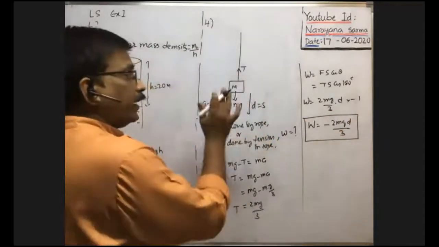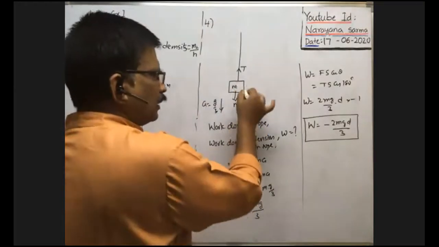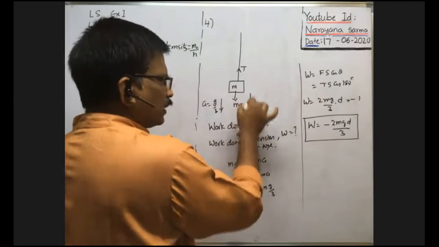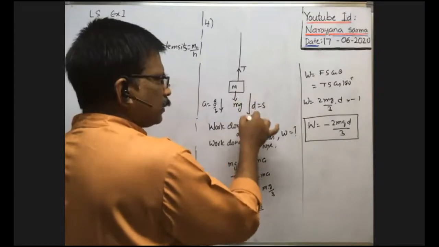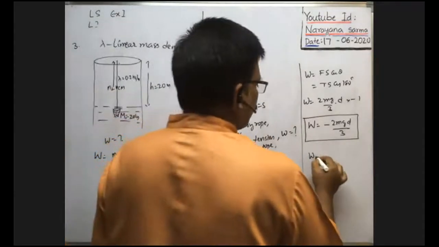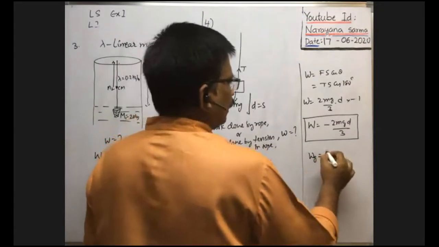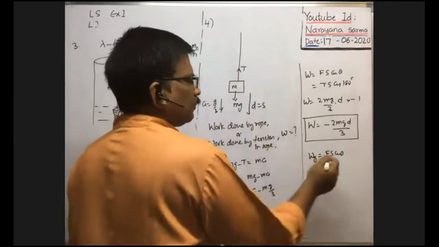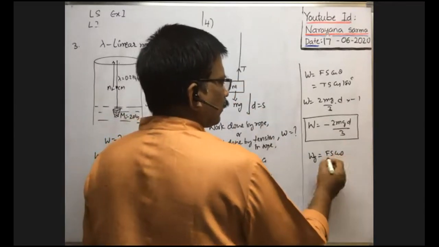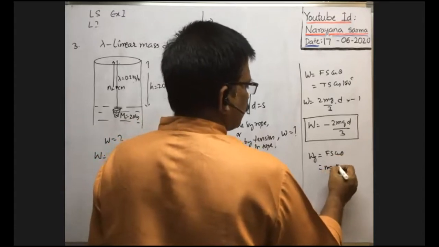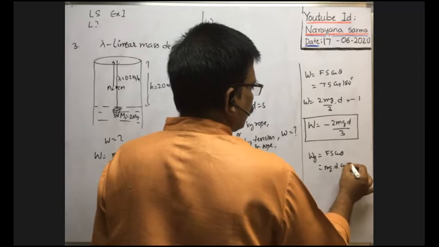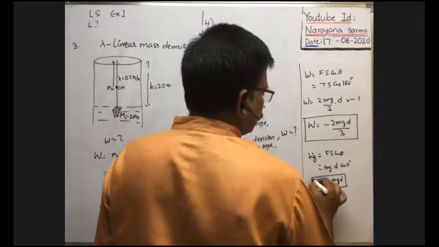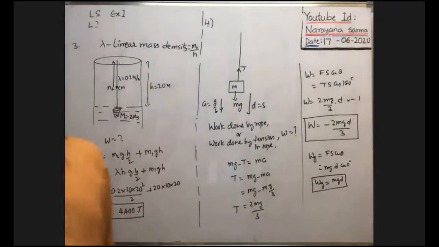What is the work done by weight? Weight acts in the downwards direction, and displacement of the block is also in the downwards direction. That's why it is mg into d into cos 0, because weight and displacement are both in the same direction. So the work done by gravitational force is equal to Fs cos theta, the same formula. Whenever force and displacement are both in the same direction, you need not write cos theta, because cos 0 is 1. So F means weight, s means displacement d, into cos 0. That's why work done by gravity is simply mgd. It is the work done by gravity.